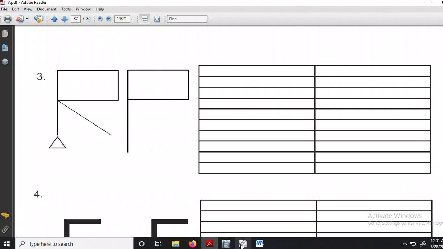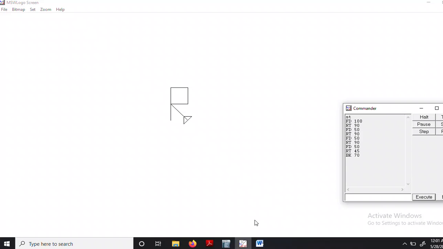Now what we have to do is convert R into P. So this line needs to be removed. For that we need to turn the turtle to erase mode. So we will be doing PE, pen erase, and simply moving the turtle on this slanted line. So it will be FD 50 and it's done. No, it was 70 and I have done FD 50. So you can see here the 20 points line is still there.